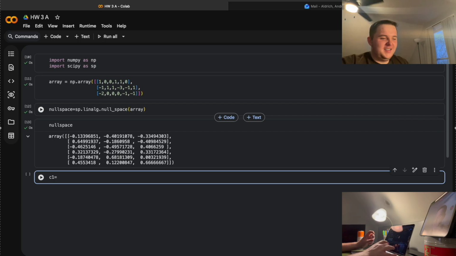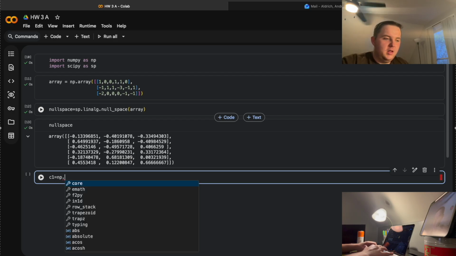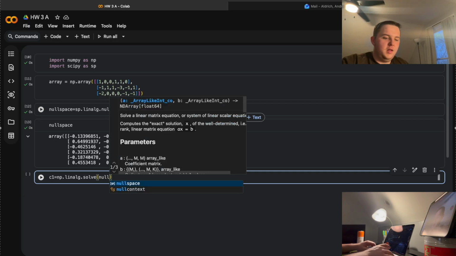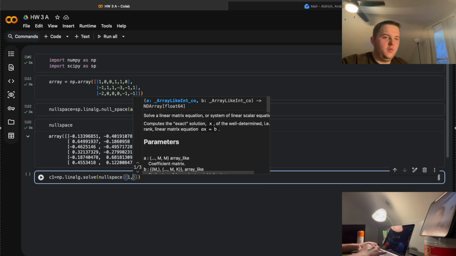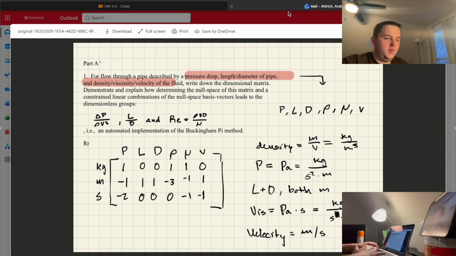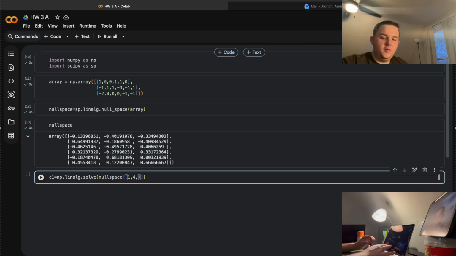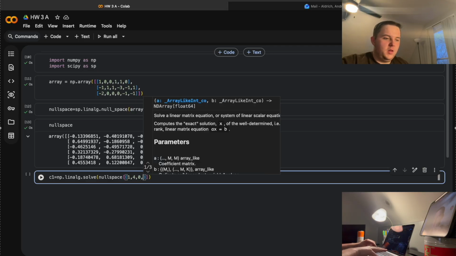So defining our C1 here, we have C1 equaling some syntax I had to look up. np.linalg.solve. And then here we can do our null space, and then we can do the 3 that we want. So start with 0, we want length, so 1, viscosity 4, and pressure, so 0. So 1, 4, 0. Okay, cool. And then we can move on to